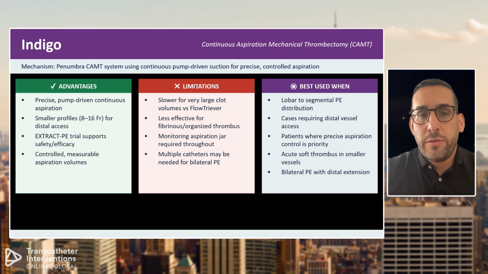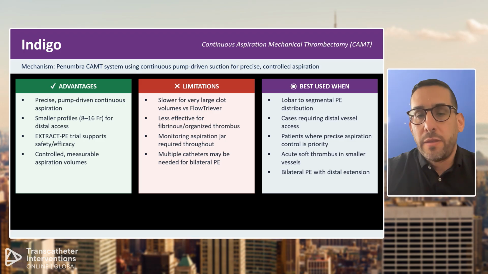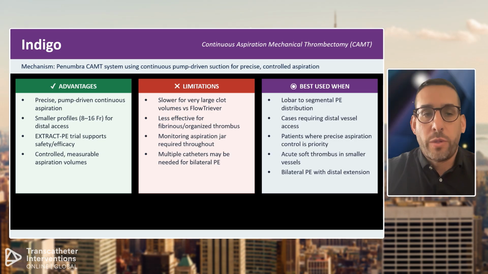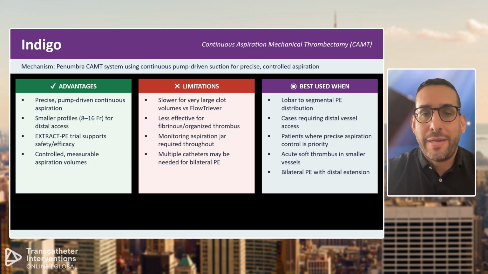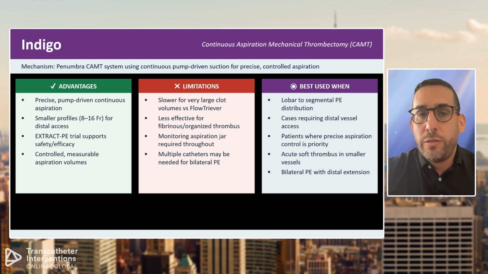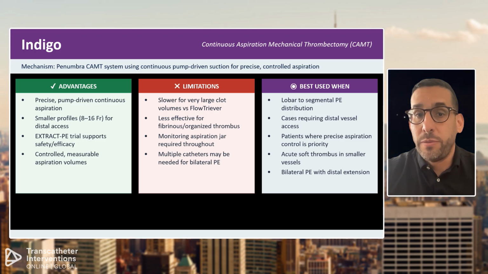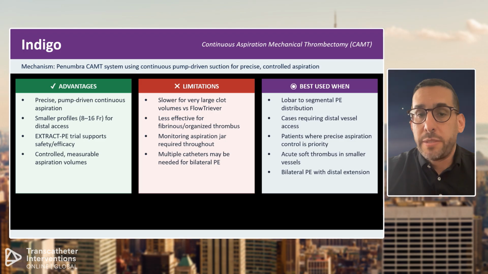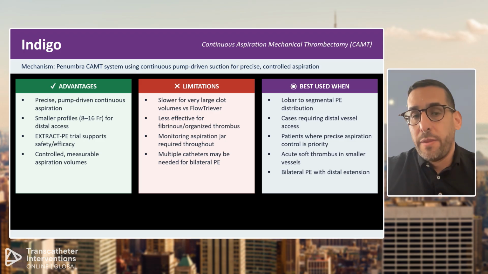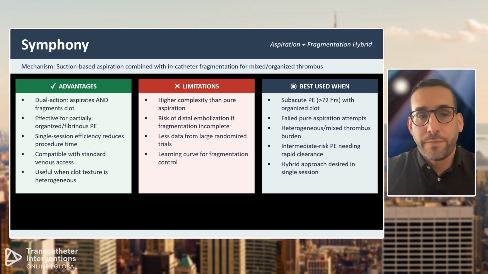Some of the limitations: it's slower and smaller. So if you have really large thrombus, sometimes it's not ideal. And if you have patients who present late who may have organized thrombus, it is also not ideal. It's widely used now for low-risk PE, and some people who are chasing segmental PEs and distributions beyond the main pulmonary arteries like to use this. It is very flexible and really precise. And so the uptake of this with bilateral PE is also extending here in the US.